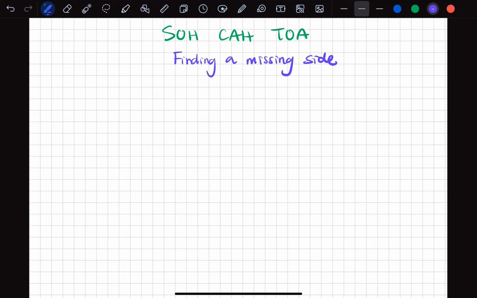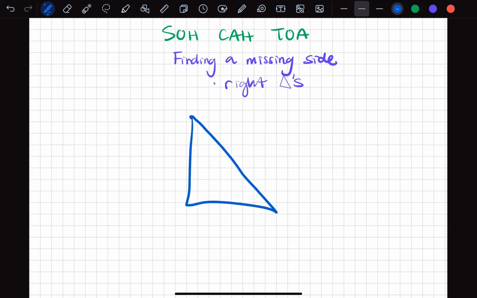And so the majority of the time when we're working with these kinds of problems, it's normally applying to right triangles. It's a little funny looking. And so an example of this would be just being given a right triangle like so,